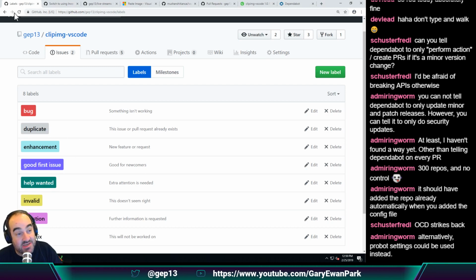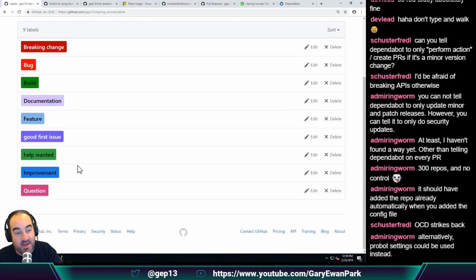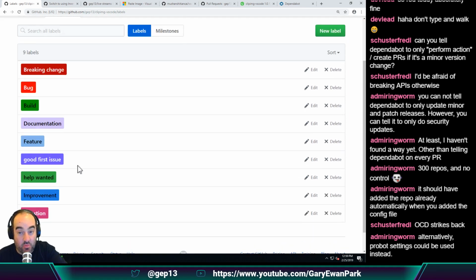So now if I refresh, this page will be refreshed with the exact issues that I want. They're more or less exactly the same, but at least this way there's a consistent color. I like to uppercase the first letter. Like I say, it's a complete OCD, but this is a big B Bug rather than a little b bug. The other two I've kept as lowercase because those are the ones that are triggered or used by systems like